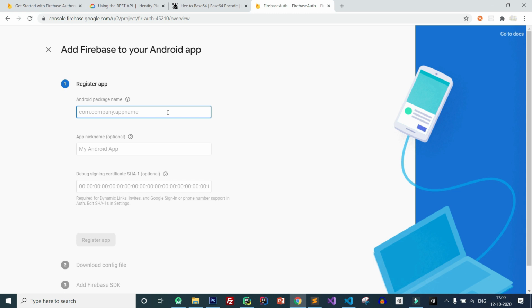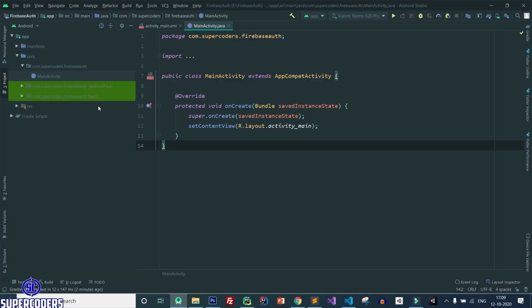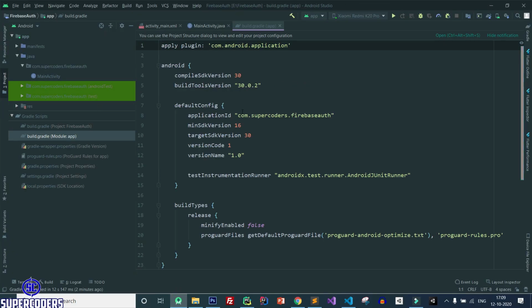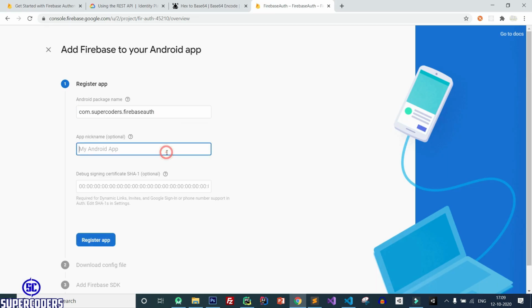giving Android app name. So you need to pass the package name. So let's see package name. Back to Android Studio, click on Gradle script, open Gradle, and here is your package name. So copy this package name, which is our application ID. So copy it and paste it. Now Firebase Auth app,